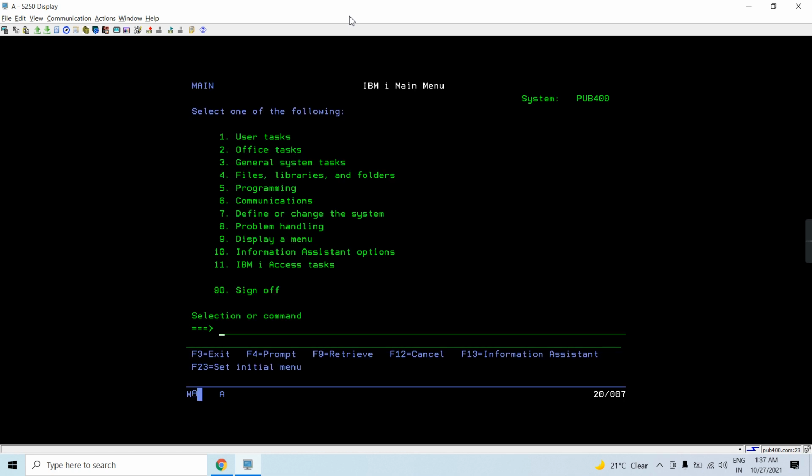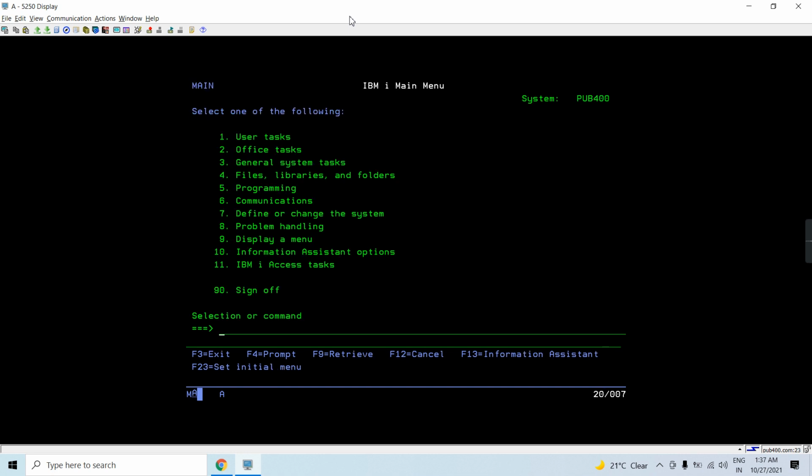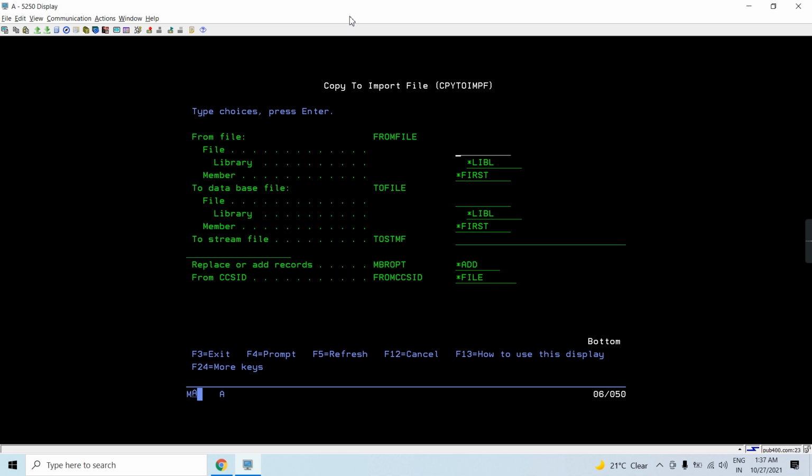Now I want to copy this tabular data, the database file data, to the CSV format. I'm going to copy it into this directory, which is my home directory or the current directory. So let's use the CPYTOIMPF command to do this.